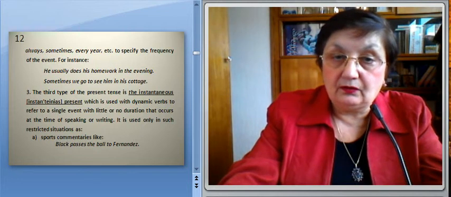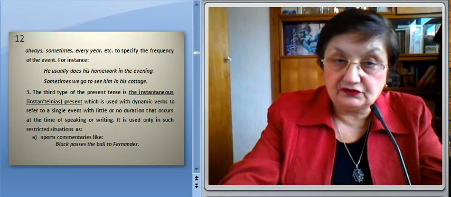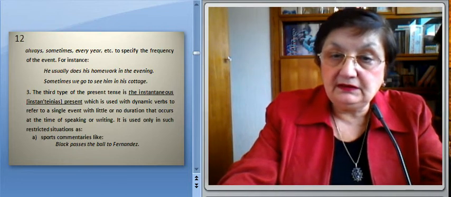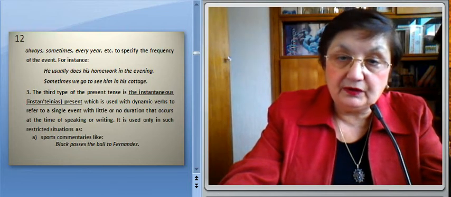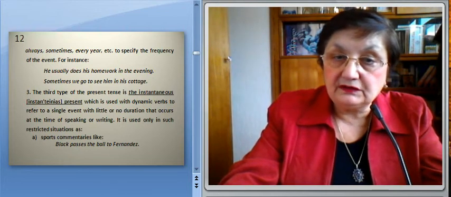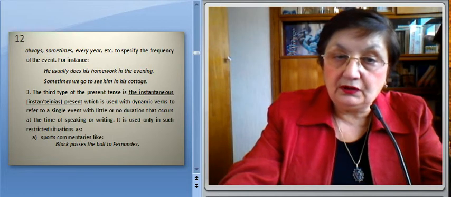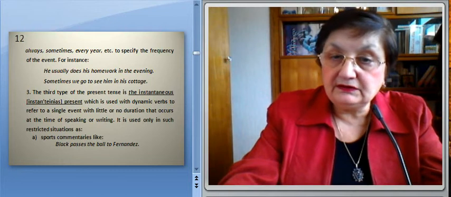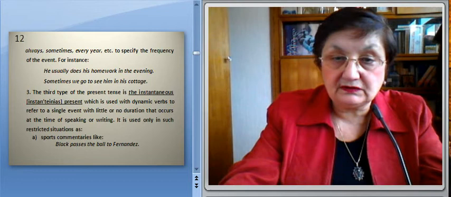The third type of the present tense is the instantaneous present, which is used with dynamic verbs to refer to a single event with little or no duration that occurs at the time of speaking or writing. It is used only in such restricted situations as sports commentaries like "Black passes the ball to Fernandez," or self-commentaries